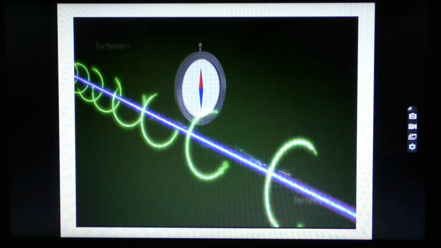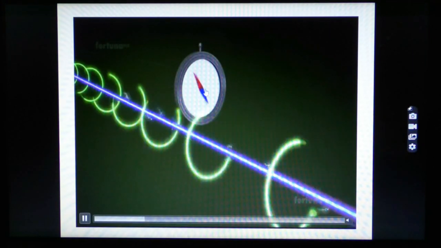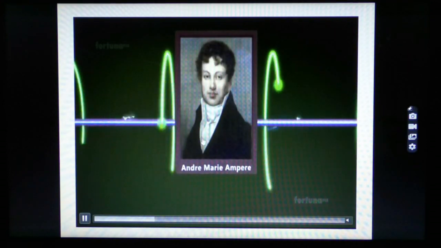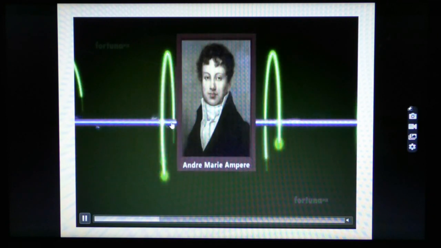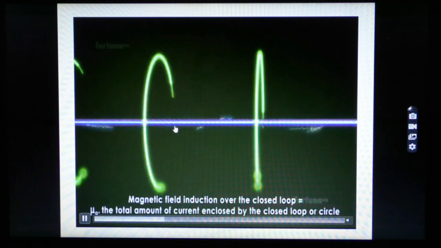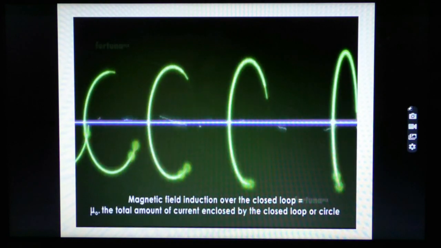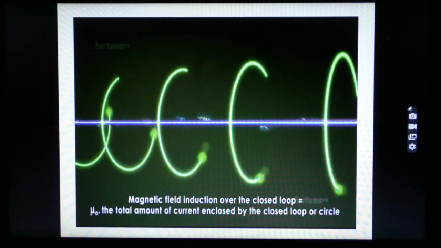The presence of a magnetic field could be checked by placing a magnetic compass. If the magnetic compass deflects, it means magnetic lines of force are present. And André-Marie Ampère calculated the magnitude of magnetic induction by a mathematical relation. Magnetic field induction over the closed loop is equal to mu naught times the total amount of current enclosed by